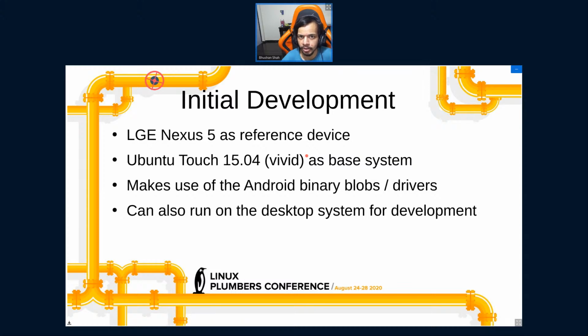And one of the major points was that it was making use of Android binary blobs and drivers. The main reason for this was that at that time there were no alternatives available, or more like there were no options available other than using proprietary binary blobs.